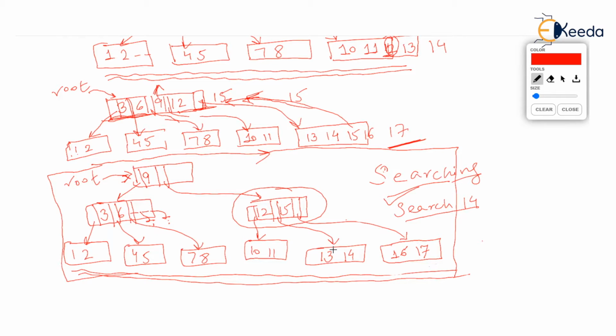Now assume that we were searching 8 instead of 14. So how many nodes maximum will you trace? The answer is again 3. Three nodes at max you will search. How come? 8 is being searched, so your search begins with the root. And as 8 is lesser than 9, you will take the left child of 9 and reach the node which is having 3 and 6.